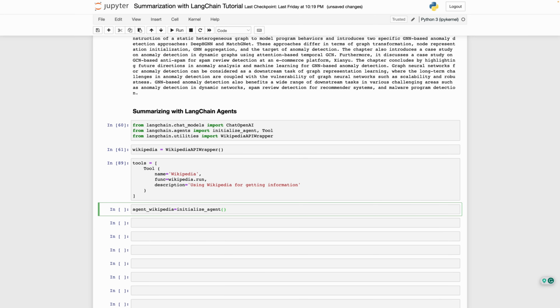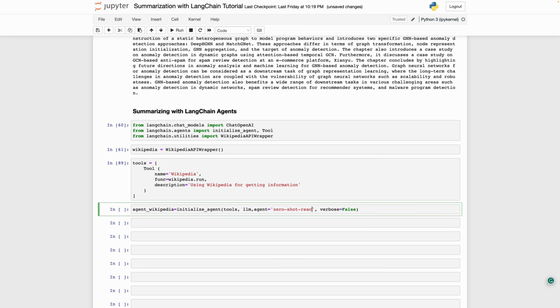The initialize underscore agent takes four arguments: the tools that we created in the previous step, the LLM object which we created before in a previous application, and the agent type. And the verbose flag, we will set it equal to false for now. For the agent, we are going to use zero-shot React description. So we'll have here